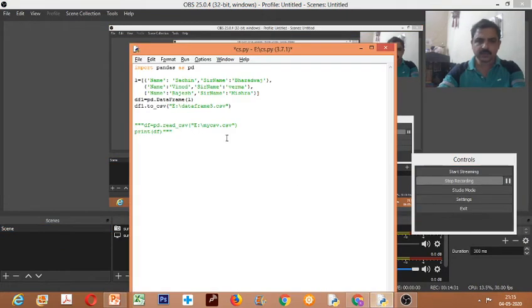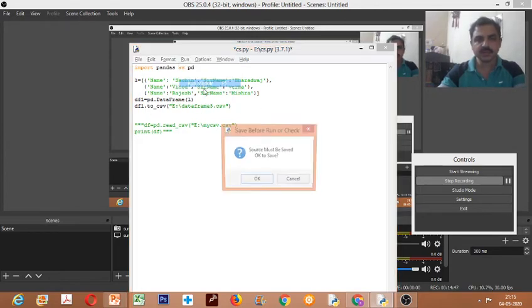Okay, let us see. So here df1 dot to_csv and specify the file name dot CSV. Something was wrong in this. So just run this and see how it works.